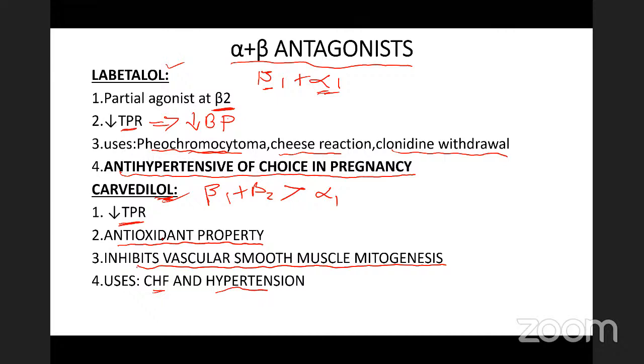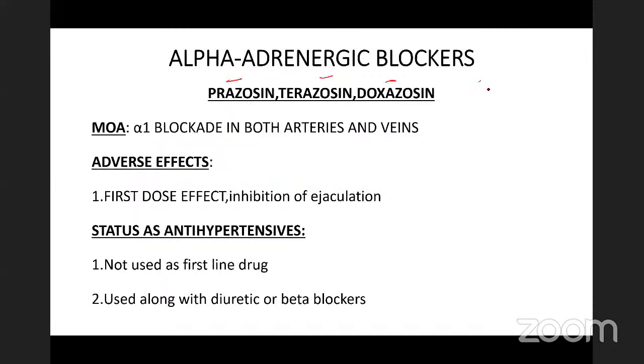Alpha blockers. Alpha blockers are mainly prazosin, terazosin, and doxazosin, mainly alpha 1 selective. Alpha 1 is mainly located in the blood vessels. It dilates by blocking the alpha 1 receptors. We know whenever we stimulate the alpha 1 receptor, it produces vasoconstriction. So when you are blocking this, it produces vasodilatation both in the arteries and veins. So by blocking the alpha 1 receptors, it produces vasodilatation, leads to decreased TPR, leads